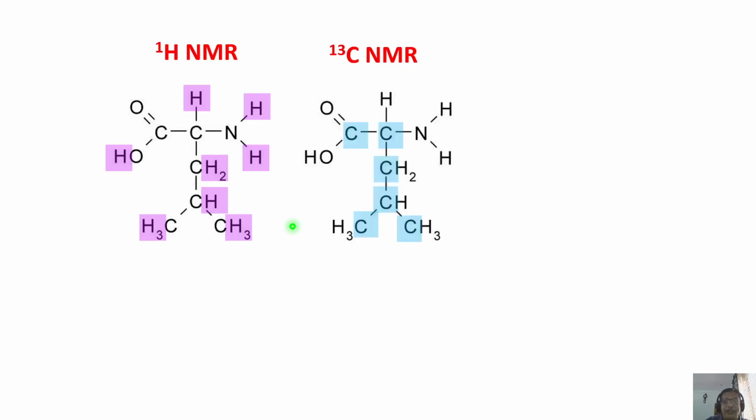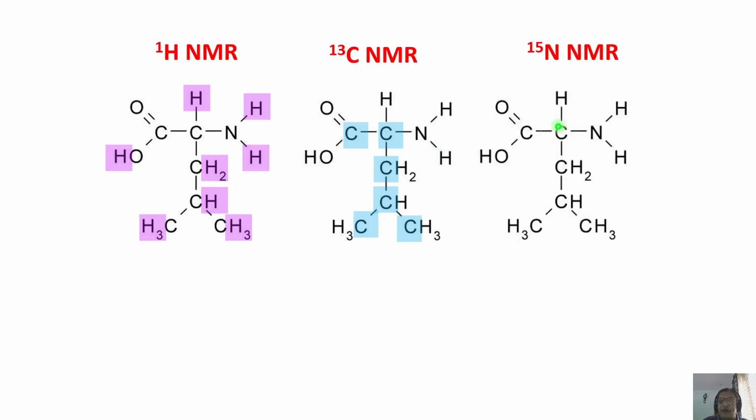So if I take carbon 13 NMR, I'll get information about these carbons in this molecule. If you also see carefully, this molecule also has a nitrogen. I can take nitrogen 15 NMR and get information about the nitrogen present in the system. Although, if you look at it very carefully, there is one more NMR active nucleus like this, O17. This also can be studied if one is interested. Then we can get information of the oxygen 17 present in this molecule.